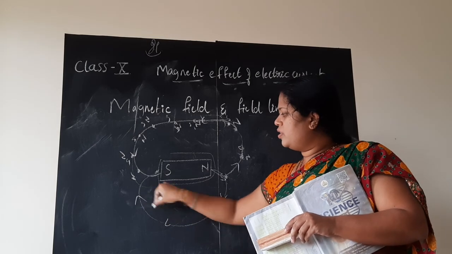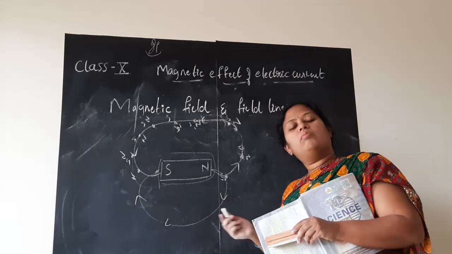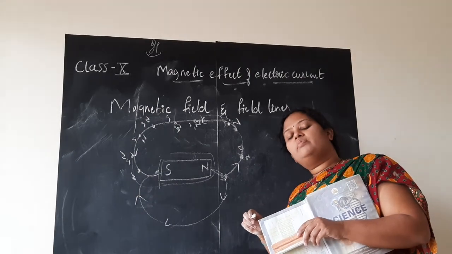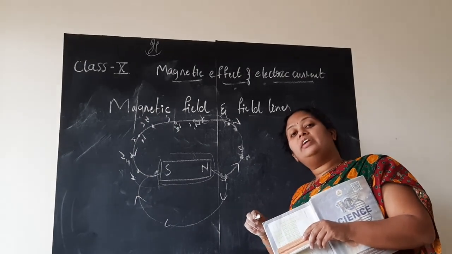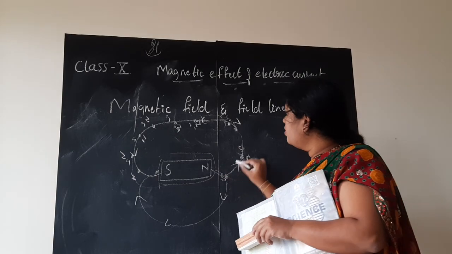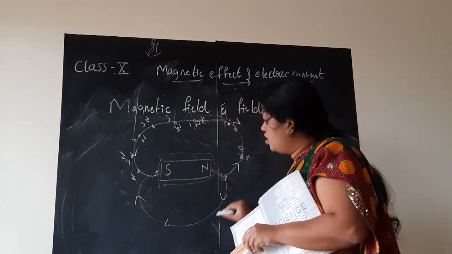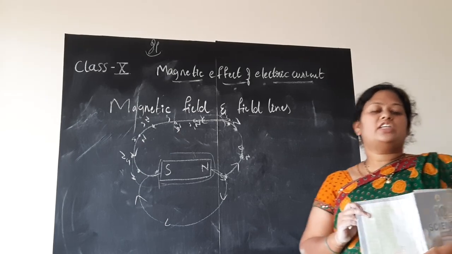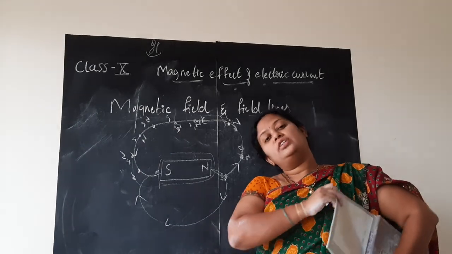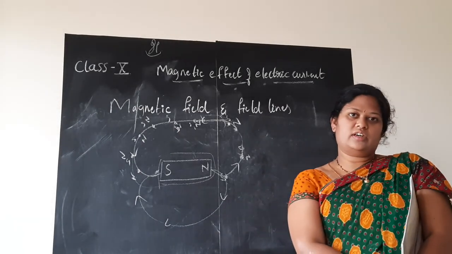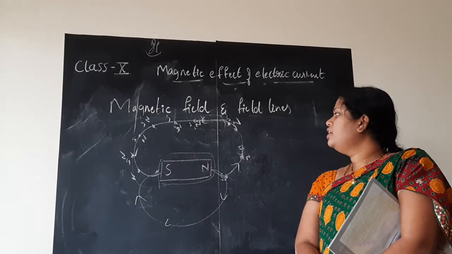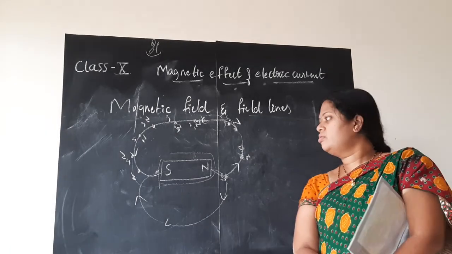Arrow mark is important. So what did we get when doing this activity? Previously we observed the picture of the magnetic field lines. Yes, it was traveling from north pole towards the south pole. This is one more activity which they are explaining in order to find the direction of magnetic field lines of force, children. So simply you will not believe, no? If I tell you magnetic field lines always travel from north pole to south pole, how will you answer?